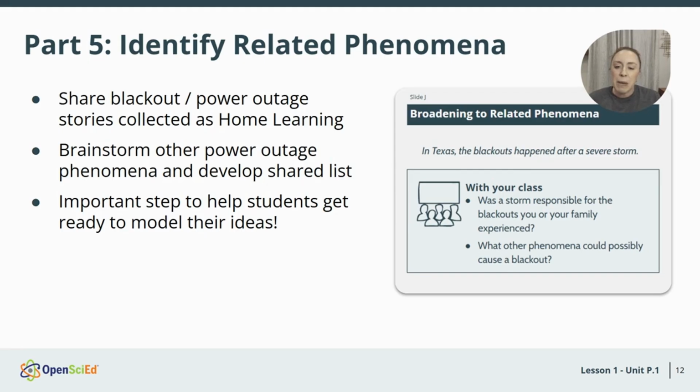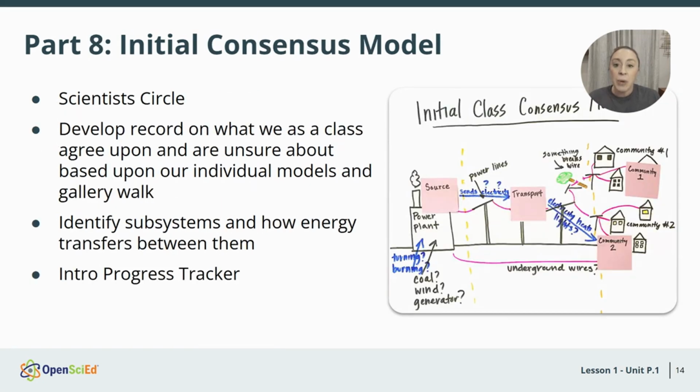And this seems maybe like a silly step, or, obviously there could be a variety of things that cause a blackout, and students are going to name all these types of storms. But this is a really important step to help students get ready to think through how energy is transferring, how it's supposed to transfer, and how it doesn't transfer in the course of a blackout. So as I mentioned, this is all in preparation of our initial consensus model,